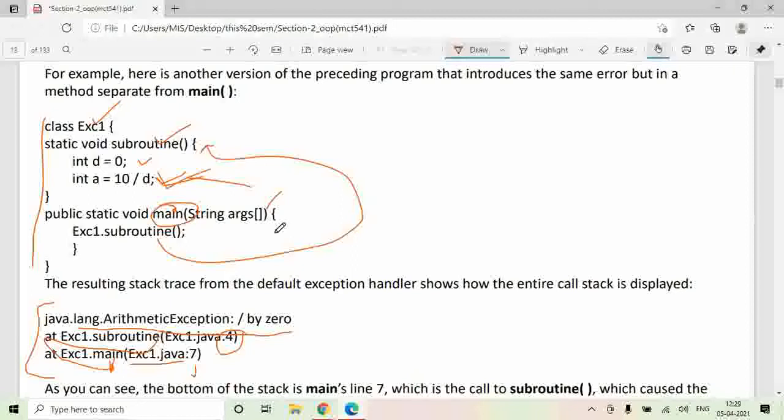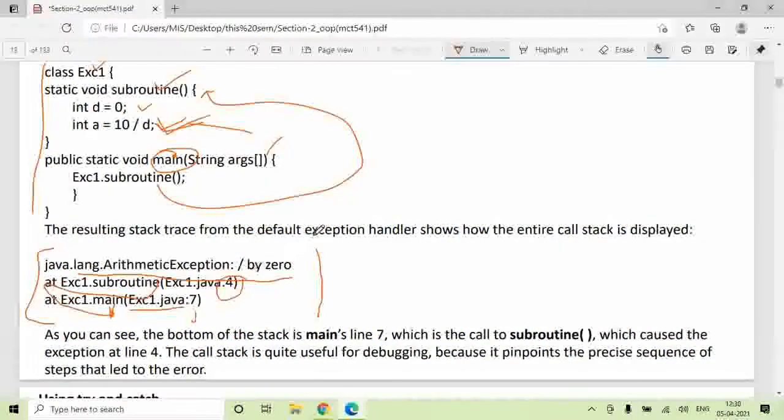Appropriate default handlers handle those exceptions, and a complete stack trace which tells you the file name and the function path from main to subroutine, or from subroutine to another function, whatever the complete path is from main to that particular line, gets printed on the output screen, and the user will be able to trace from where the exception is coming out and can take corrective action.